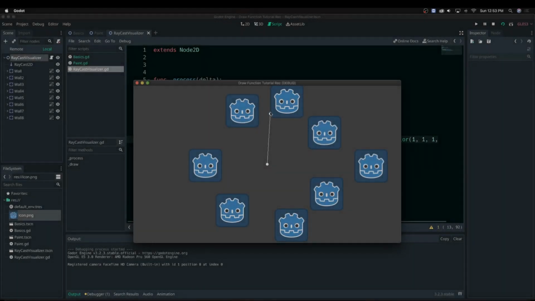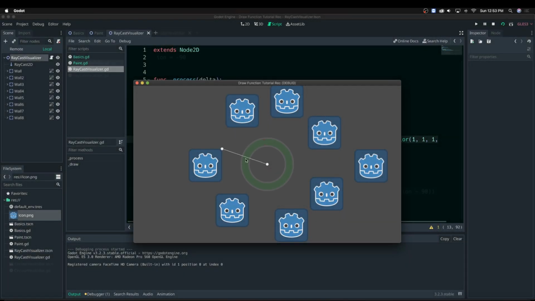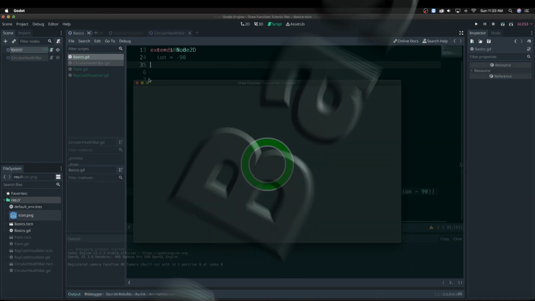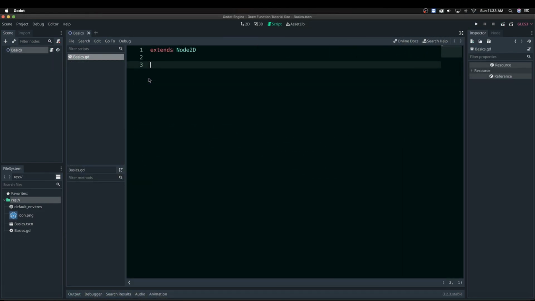Have you ever wanted to visualize a Raycast collision point, or perhaps have a circular health bar? Luckily, all of these and much more can be accomplished by using the draw function. Before we can create these features, we first need to understand how the draw function works and what we can